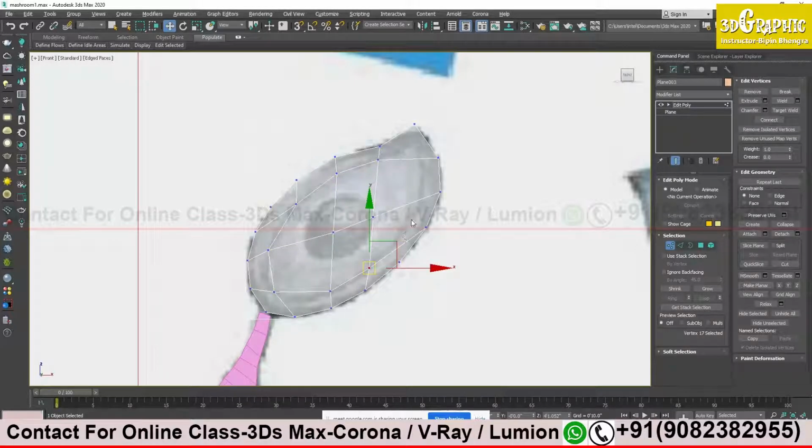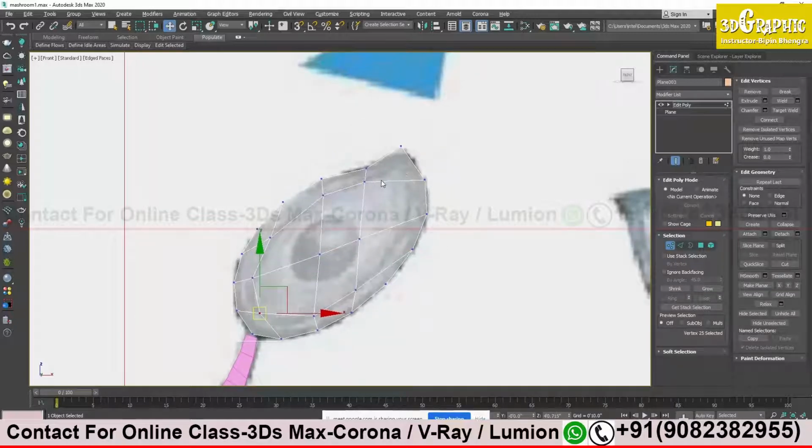Over here a little bit of difficulty I am having, because it should go in a flow. See, the outer edge, it is going on one flow. That is very good. The inner one also should go in one flow, but over here it is not going on a flow. See here, it should be go like this. It should continue like this. The bottom portion is going well. This is going well as per my reference image, but over here top I have to add some extra edges over here.